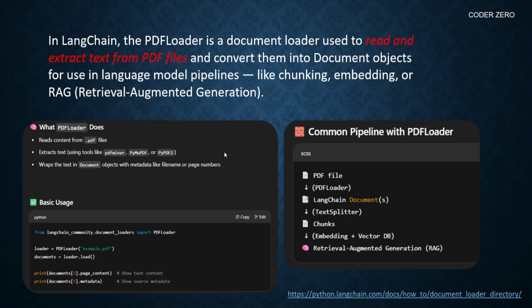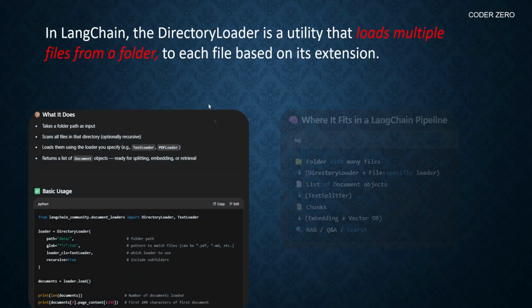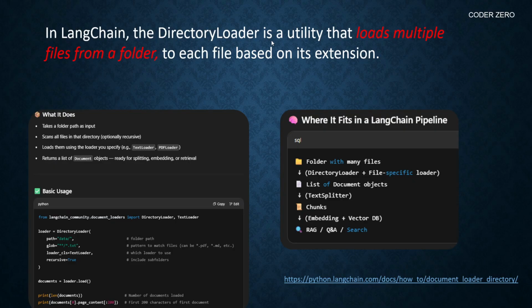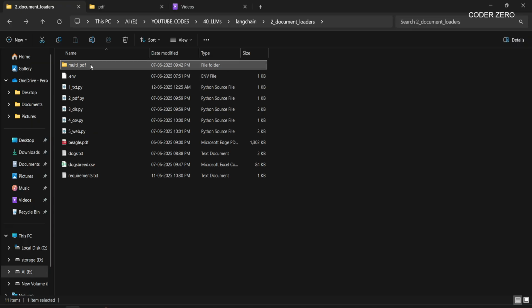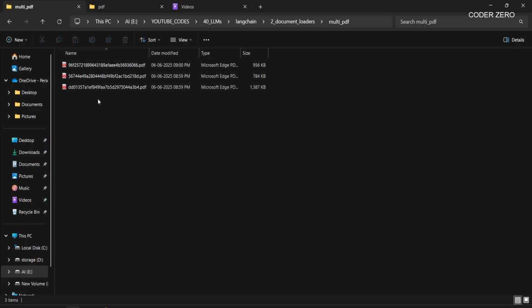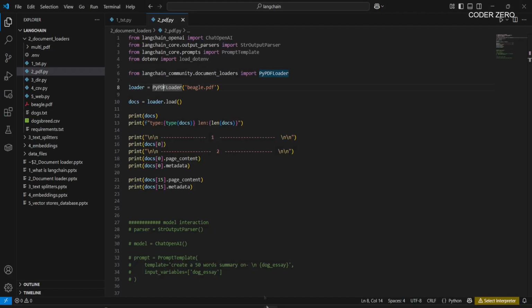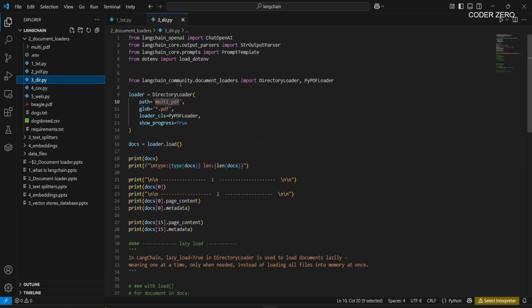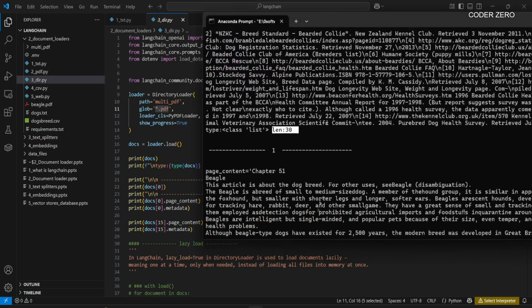Now the next document loader is directory loader. So directory loader is a utility that loads multiple files from a folder. So here we have this folder which contains 3 PDF files. Now here we want to load all these PDF files. So here we have directory loader. You can see we are giving the folder name, so path to this folder, and then we are giving this extension .pdf. So when we run this,